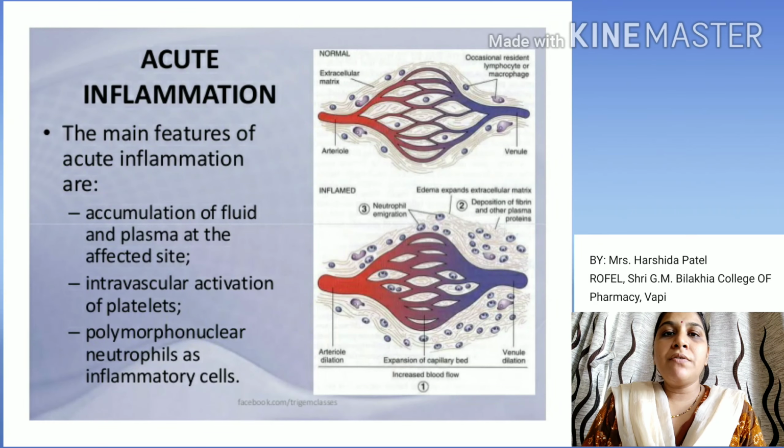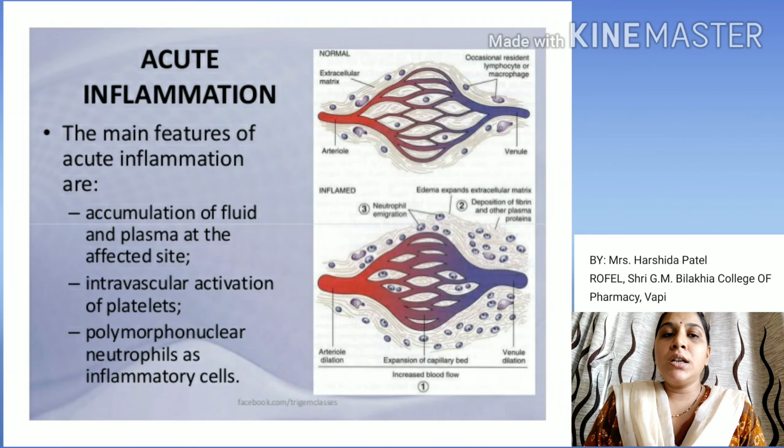Firstly, starting with the features of acute inflammation. The main features of acute inflammation are as follows. The first one is accumulation of fluid and plasma at the affected site. Here in the figure, you can see that the above one is the normal one, while in the below image, you can see that the microvasculature has been widened because of the accumulation of fluid and plasma at that affected